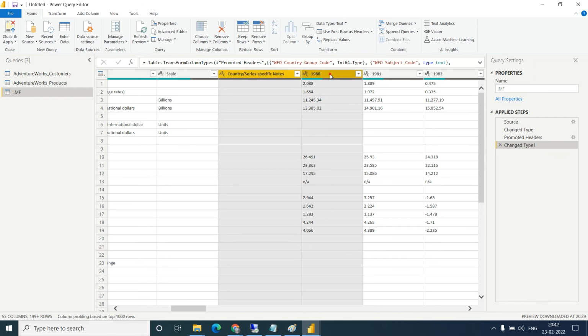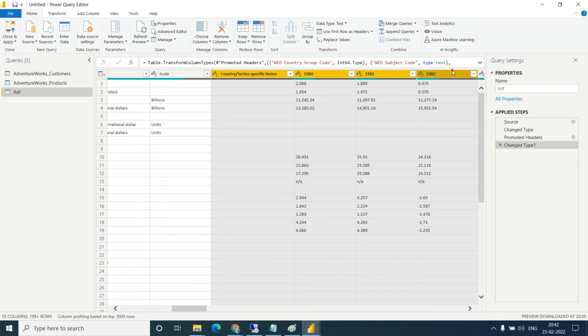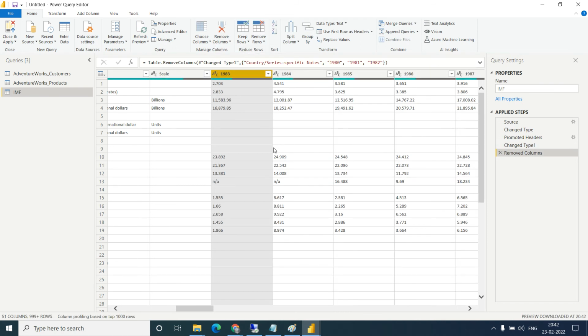Just click on this, then Remove Columns. Remove Columns will remove the selected column, and Remove Other Columns will keep the selected column and remove all the others. So I will select only Remove Columns. Okay, so it has been removed.